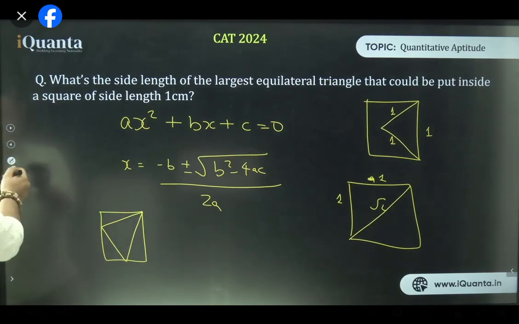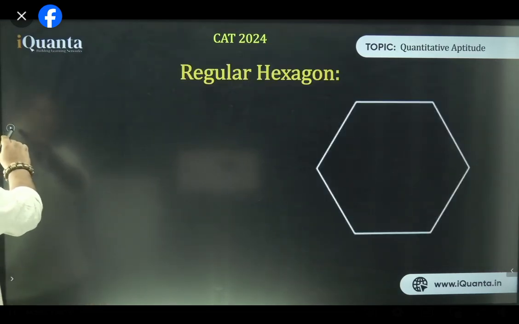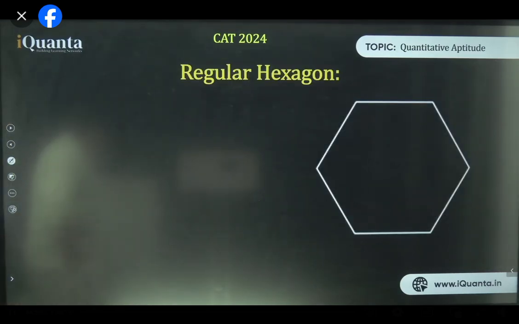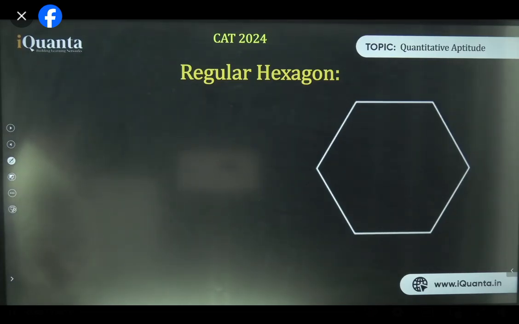Anyways, let's go to the, okay, polygons, we are doing that only. Nothing new over here. Regular hexagon. Exactly, Rohit. So, regular hexagon. I think we discussed a question on this, isn't it? So, regular hexagon,